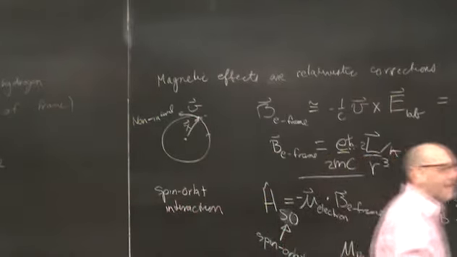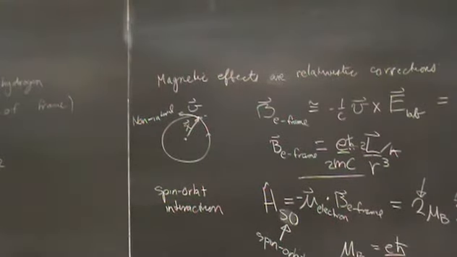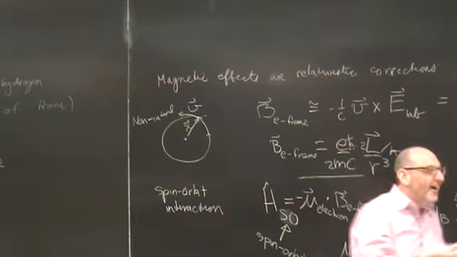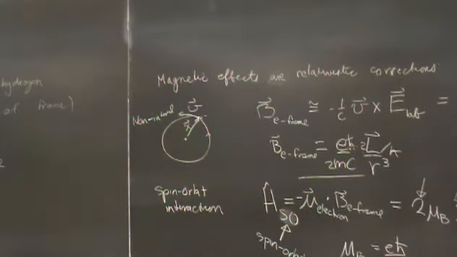And some guy named Thomas, who I don't know who he was and what else he did, but he's famous for this, solved this problem of thinking about what happens to a relativistic transformation on a rotating body when you go to another rotating frame. And what you find, and it's a complicated calculation that you can read about in Jackson,